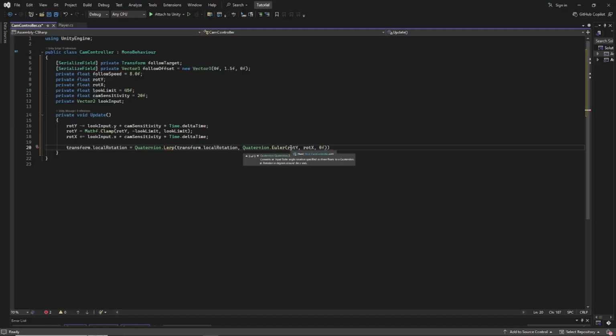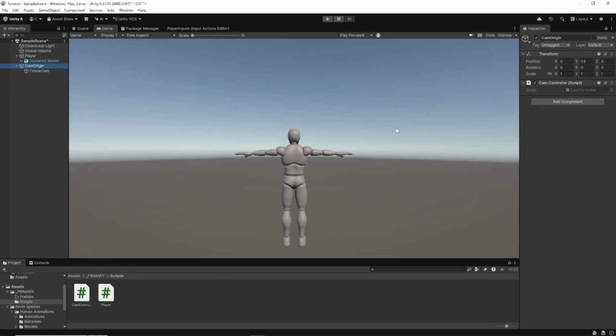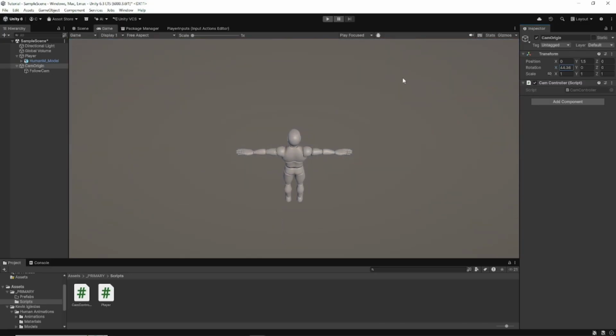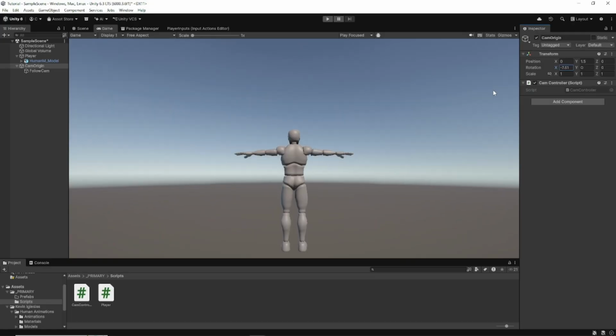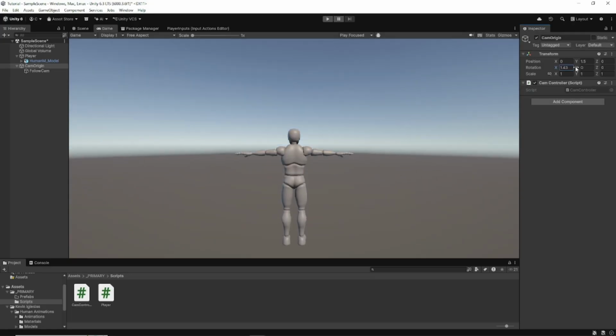So the reason we're doing rot y here in the x coordinate and rot x in the y coordinate is I'll take you inside Unity to show you. So if I have my camera origin selected, I don't want to rename it. And right here on X, that's actually up and down, which is our Y coordinate in scripting. And then the Y rotates around, which is our X left and right coordinate. So that's why